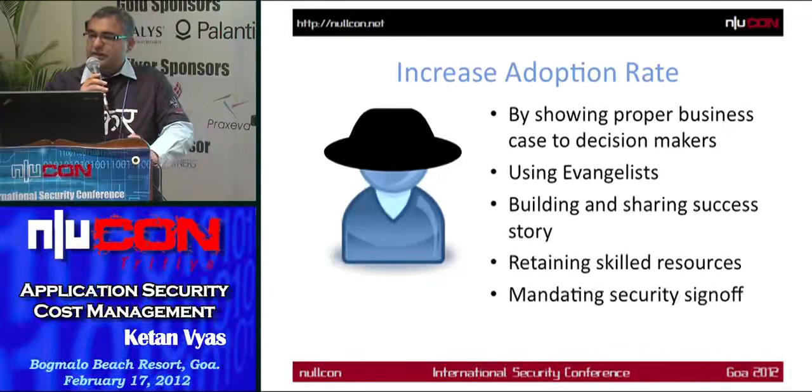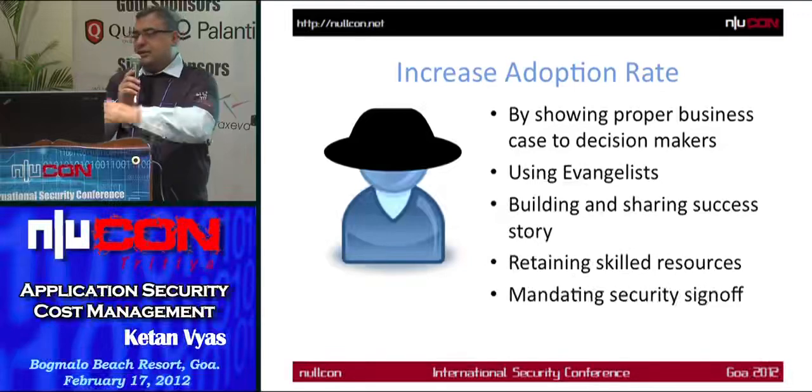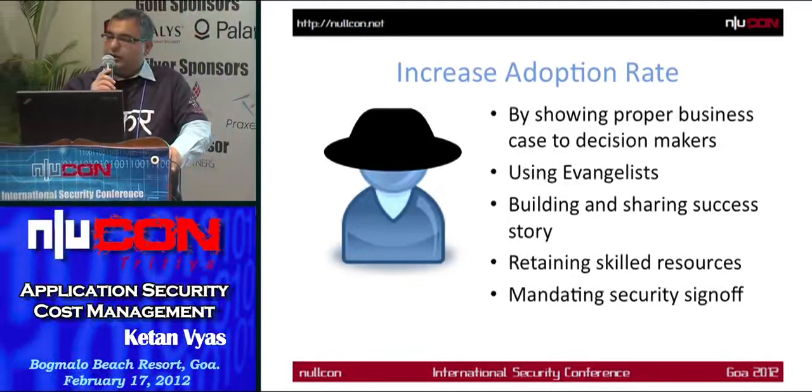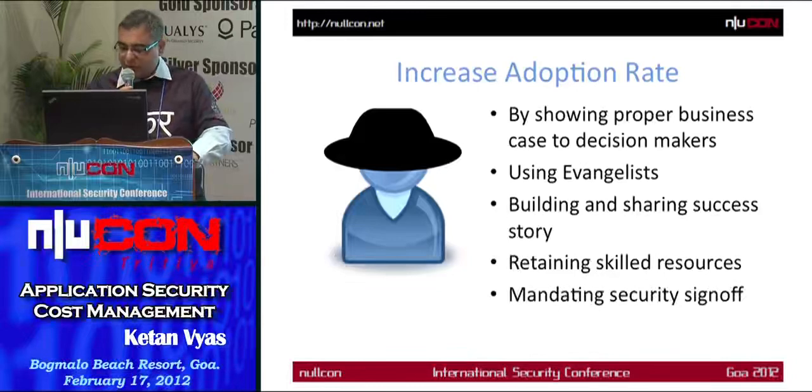Using events list, this is the best one. And most of the time you don't need to invest into resources. There are enthusiasts available. If you see the lobby, there are a lot of fresh streams, the enthusiast security consultants available. So you just need to trigger them. They would be able to do the job.